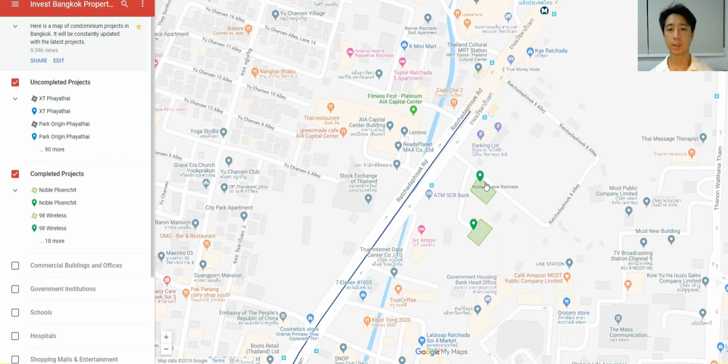One of the things that I like about this project is that the development is not right next to Ratchada Pisek main road, so you don't get a whole lot of road noise. But at the same time, it's walking distance, about 80 meters from the Thailand Cultural Centre MRT station. And this is the AIA Capital Building, and this is the Stock Exchange of Thailand. So